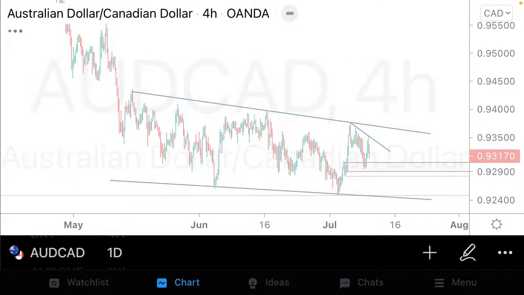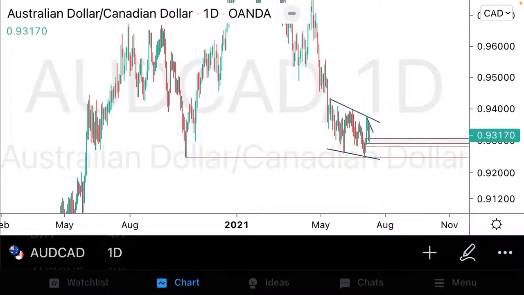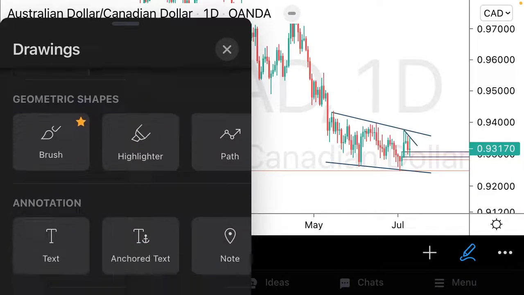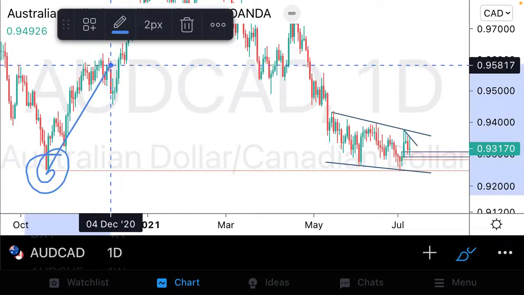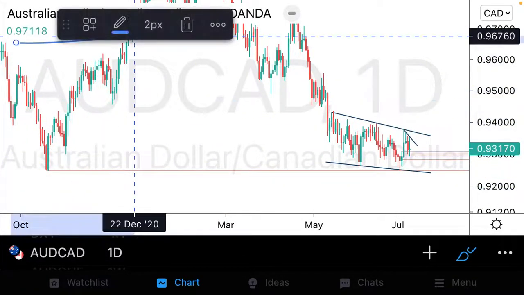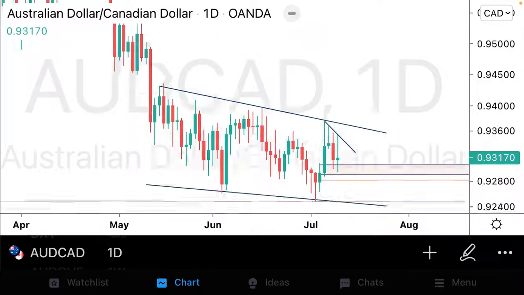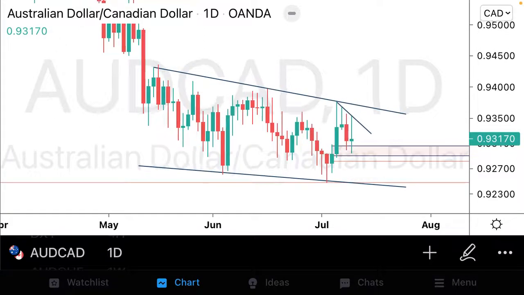Now guys, for AUDCAD, let's just hop up to the daily just for a second. Now on the daily, guys, what we can see is a market that has found support in this area here, pushed to the upside, violated some structural highs over there. Now looking at our most recent price action, what we are paying attention to is